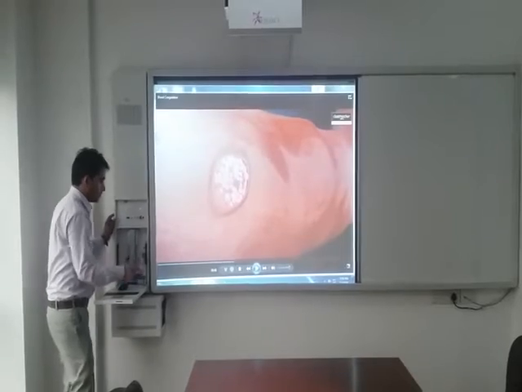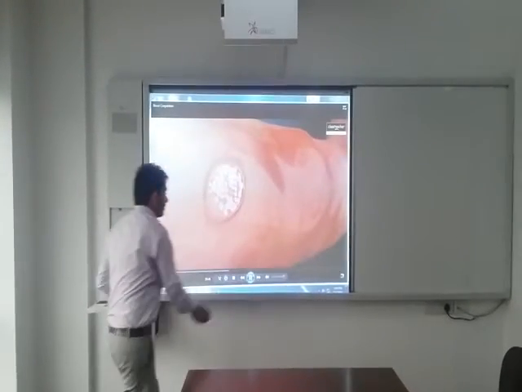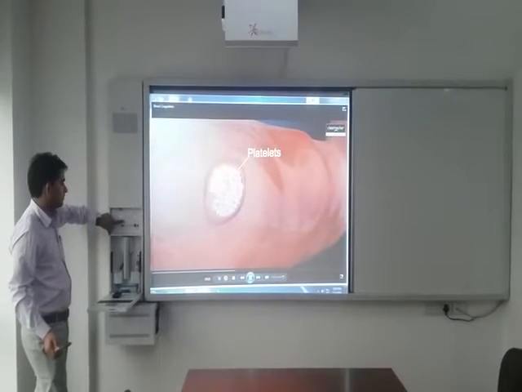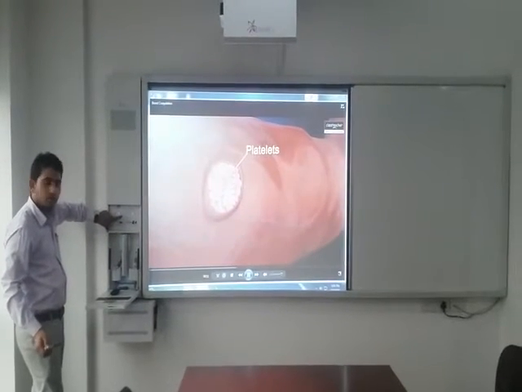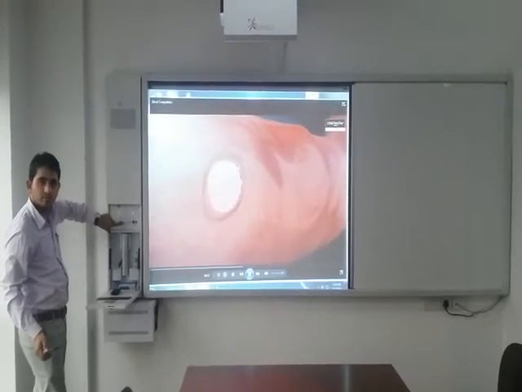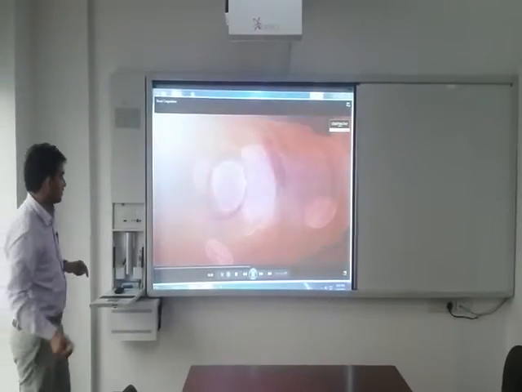If you want to control the volume, you can control it from here. If you want to mute the volume, then we can mute the audio also.